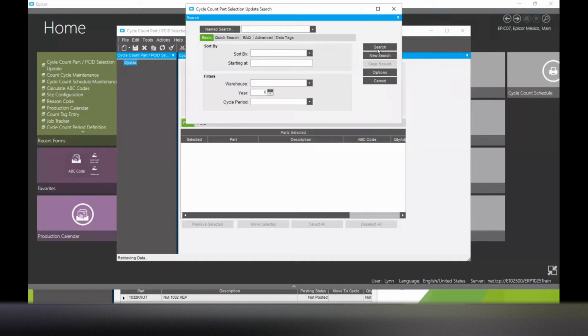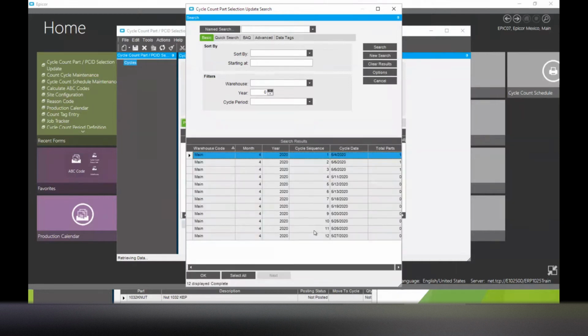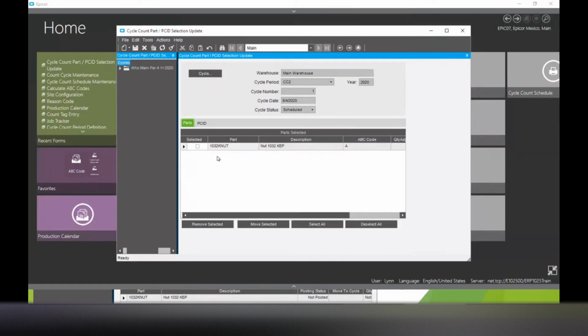Again, I pick the cycle that I'm working on, and I can remove this one. I can move it to another period, or, sorry, I can add a new part to it. So if the part didn't come in and I want to add it, I can add a new part here and save it. If I add a new part,